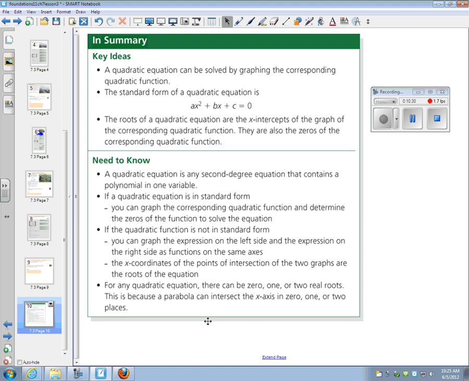For any quadratic equation, there can be 0, 1, or 2 real roots. This is because a parabola can intersect the x-axis at 0, 1, or 2 places. So what that means is we can have a parabola and it cannot intersect ever. It can intersect exactly only once, or it could intersect at 2 places. Okay, so that's how you can have 0, 1, or 2